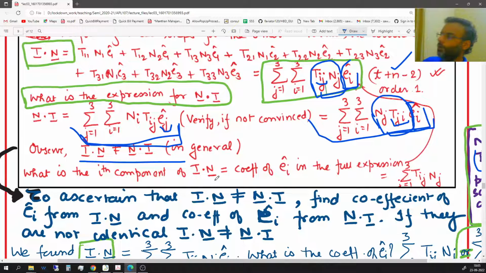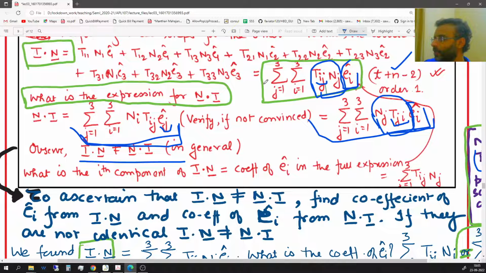Yes, the ith component of n dot t. And if the ith component of one tensor is equal to the ith component of the other tensor, then indeed both the vectors or tensors of order 1 must be equal. Now, if I have to find the ith component